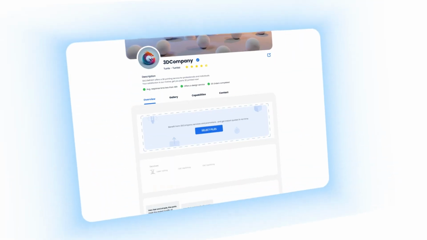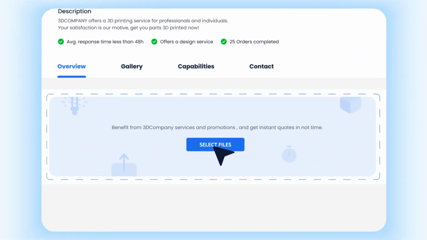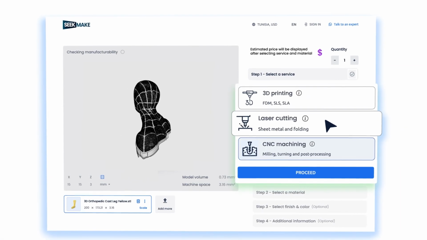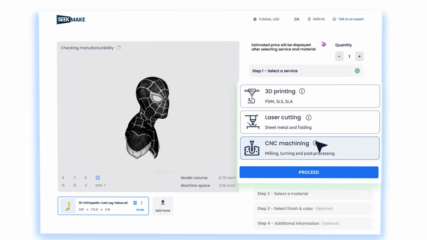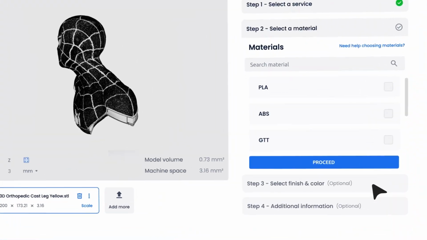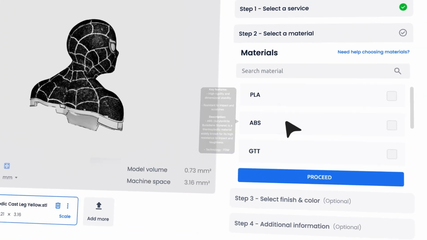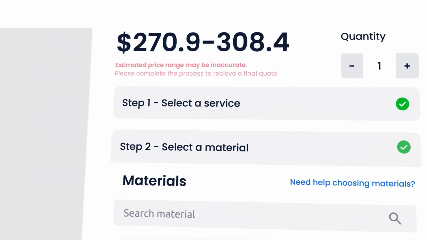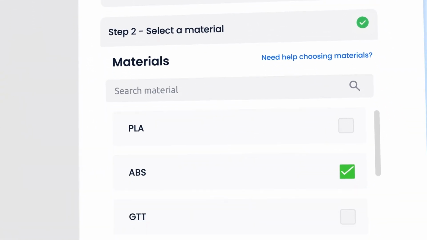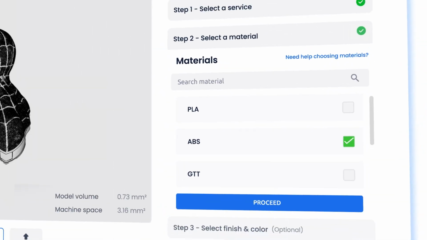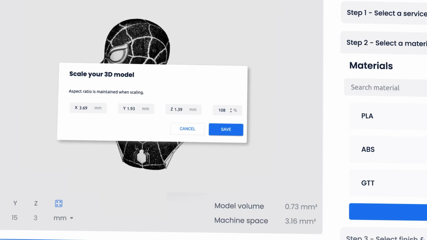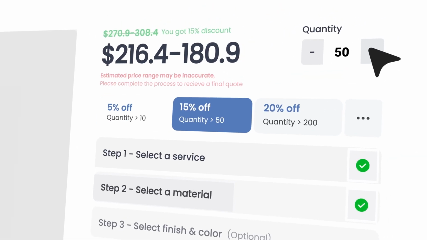It allows customers to upload any type of 3D files, select a service: 3D printing, laser cutting, CNC machining, view material characteristics, select materials from your available options, receive an instant price estimation for each material based on the information you've set up, scale and measure their 3D model inside the quote editor, check bulk pricing, discounts, and other options